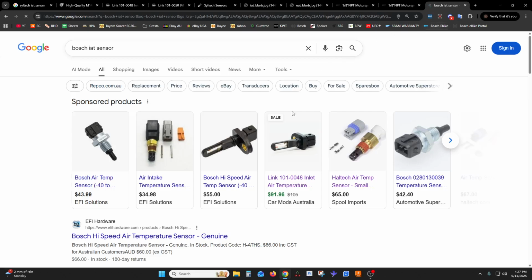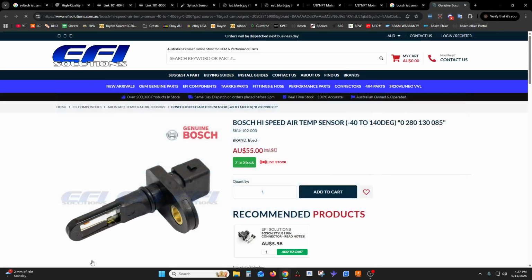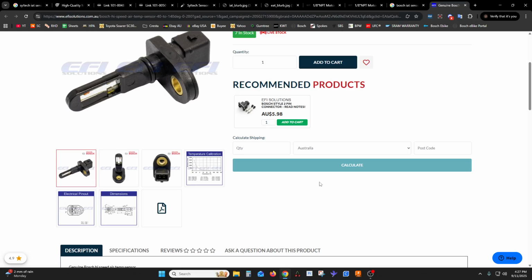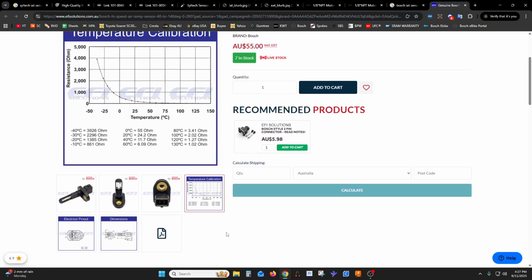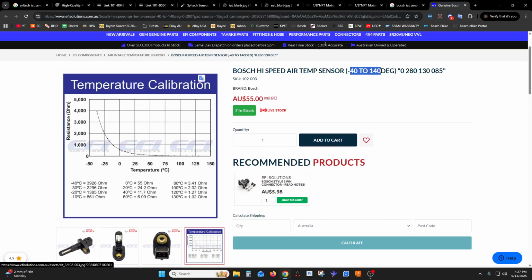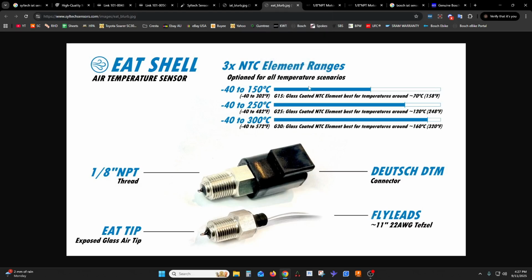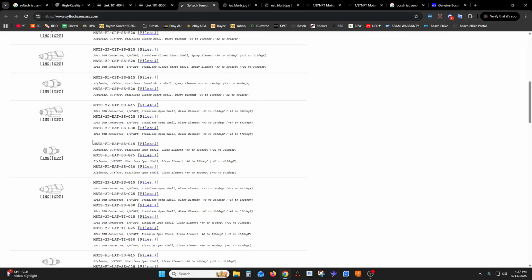here we go, here's the Bosch variant, genuine Bosch, exactly the same thing. There's the part number there, 0280 130 085. Yeah, $55 from these guys. And look, minus 40 to 140. I wonder if we can find, here's a calibration table. Aha, so this is why this is important. In fact, you can go to the SYLTECH thingy here, and if I can choose the right one,